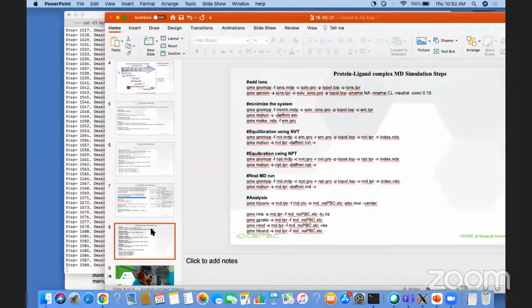So now we have minimized the system, and we will follow the same steps as previously, with just a little bit of change in the temperature coupling. And also, as I told you about the position restraint, last time we had position restraint on the